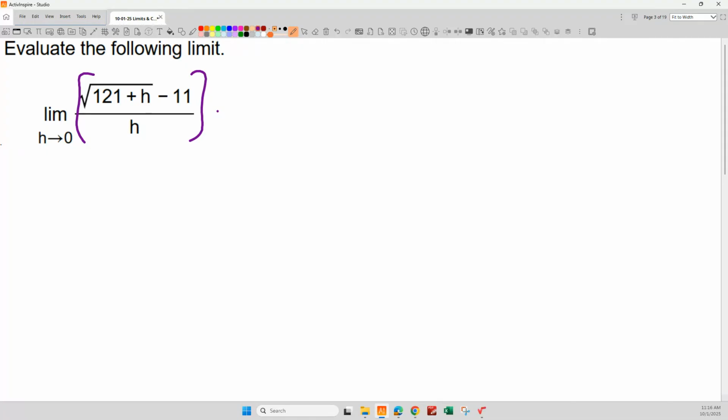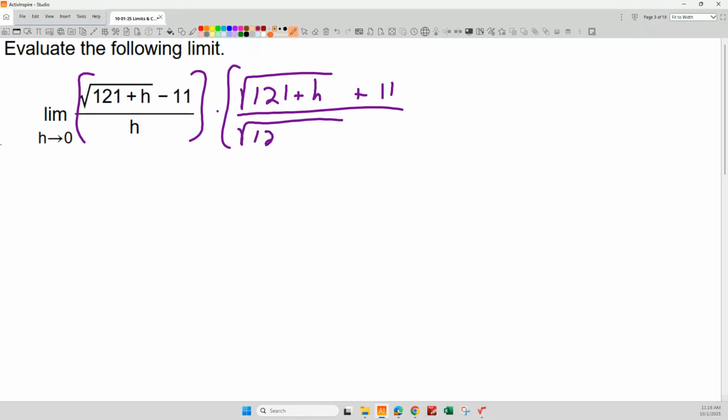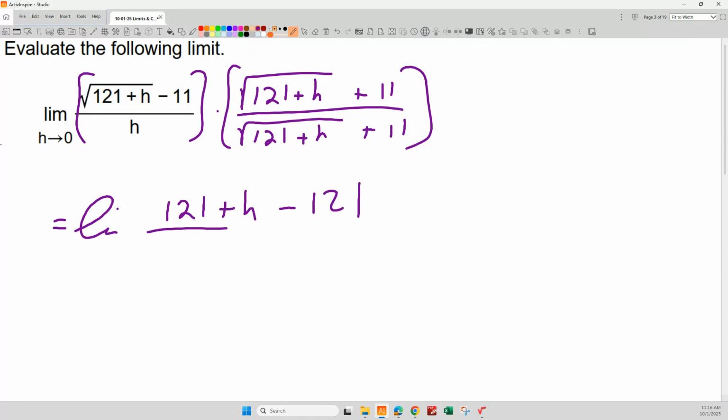Okay. So remember what we called that. It's the rationalizing technique, and we do it by multiplying top and bottom by the conjugate of the expression that has a radical that goes to 0, right? So we would multiply top and bottom by the square root of 121 plus h plus 11. If I do that, what am I going to get on the top? You're going to get 121 plus h minus 121 over a big ugly thing, right? h times